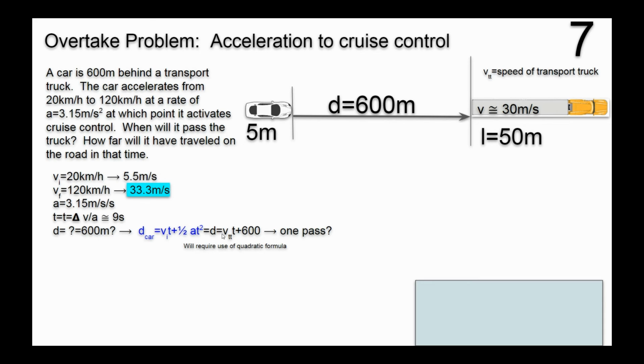These two vehicles will have identical positions when they meet each other or collide or successfully intercept. The truck will be at location, speed of the truck times time plus the 600 meters head start the truck has. The car has an initial speed times time plus 1/2 AT squared, and this should allow us to solve